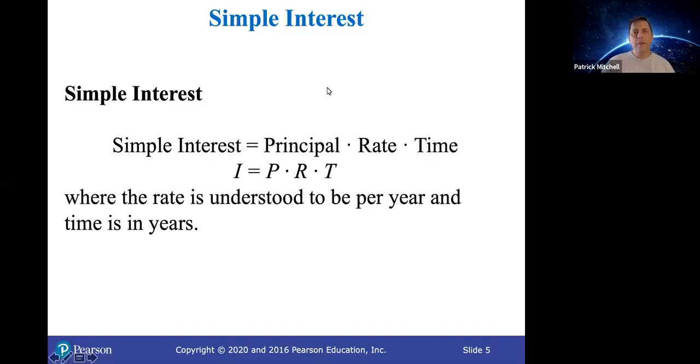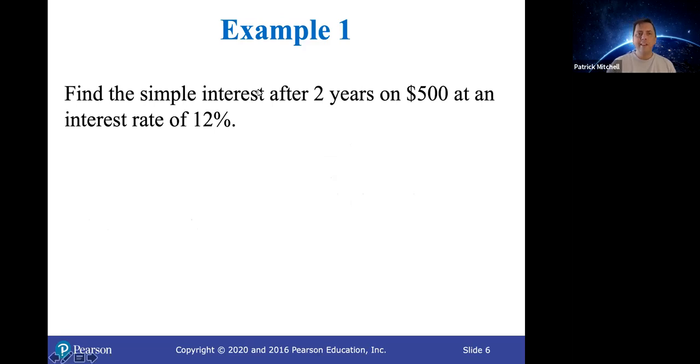So here's the formula for calculating simple interest. Simple interest is the principal times the rate times time. So I equals P times R times T, where the rate is understood to be per year and time is in years. So as an example, find the simple interest after 2 years on $500 at an interest rate of